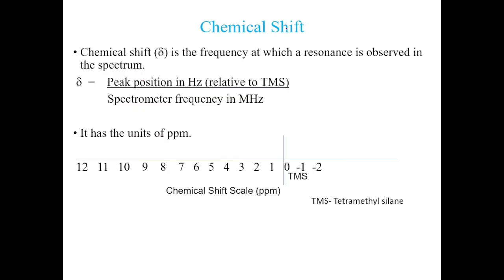So let's discuss the chemical shift. Write the definition: chemical shift is the frequency at which a resonance is observed in the spectrum. किस frequency पे resonance observe होता है spectrum के अंदर, उसे हम chemical shift कहते हैं। It is equal to peak position in hertz relative to TMS, that is, frequency of organic compound minus frequency of TMS, divided by power of machine or spectral frequency, that is the power of machine